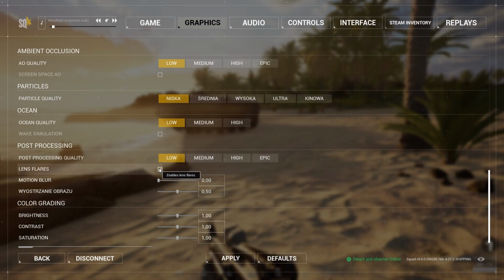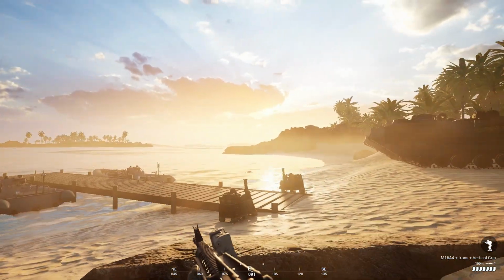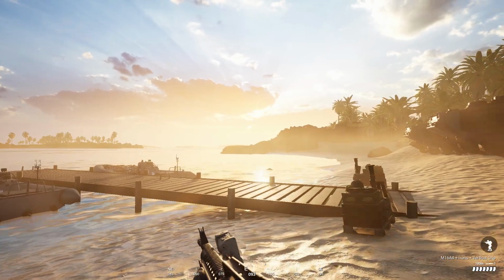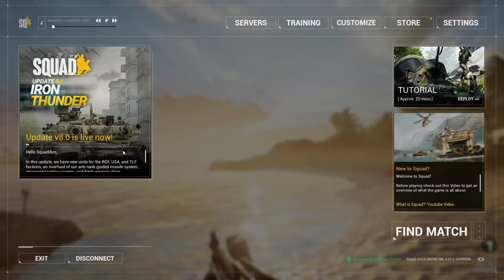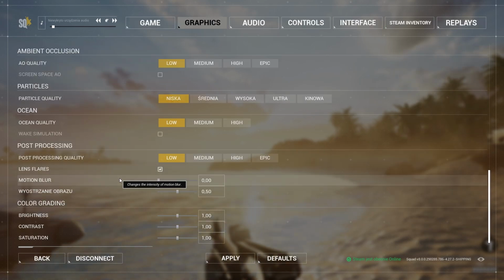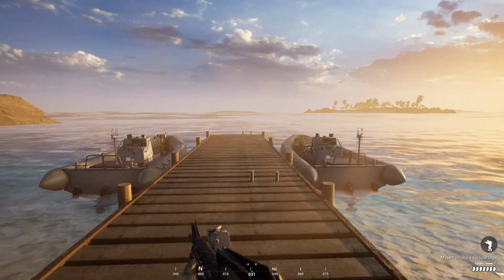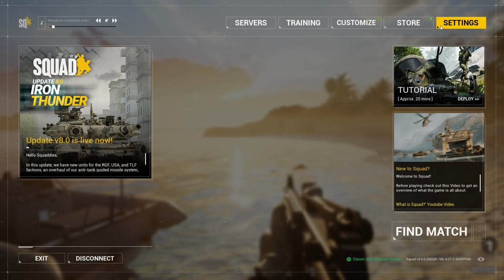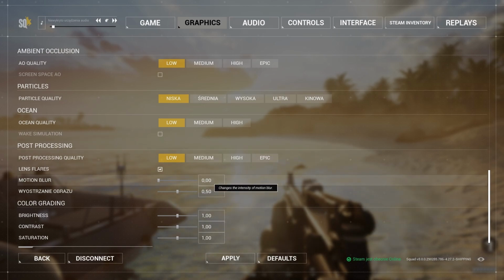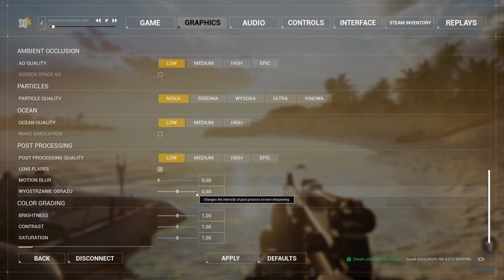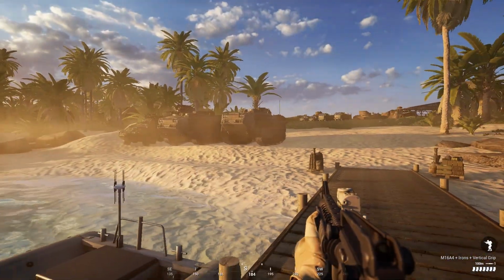Lens flares, definitely run it on. If you can see on my screen right now, the very bright shadow from the sun is due to the lens flares setting, because it brightens up the very bright shadows or light, you know what I mean, guys. It's very cool to have. You lose 1 or 2 FPS, guys, so do not worry about that at all. The last settings, make sure you have motion blur on 0, of course, and sharpening is preference, but for most of you 0.5 works just fine.